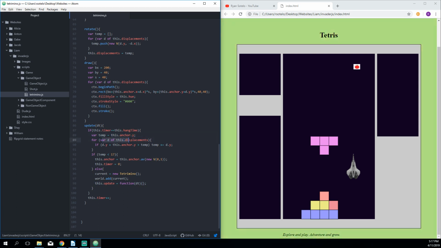It then checks all of its displacement vectors. If the displacement vector plus the anchor's Y is greater than the Y of the anchor, then